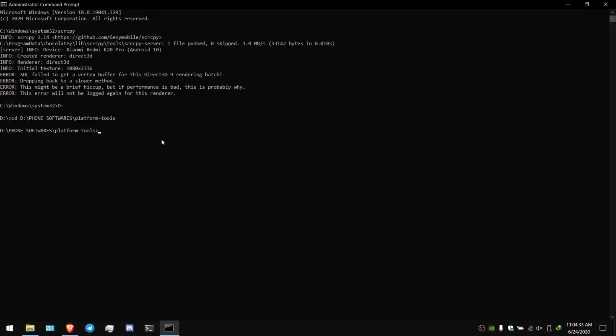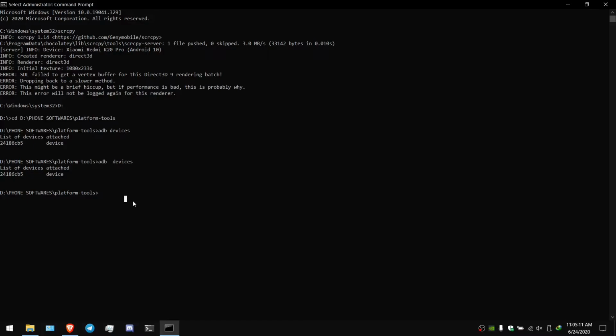After that, you need to type adb devices to see which devices are connected. If you see unauthorized, then open your phone and it will ask for permission, then click OK. If it is still not showing, type adb kill-server, and then start-server. Then again type adb devices, and you should see the device name.